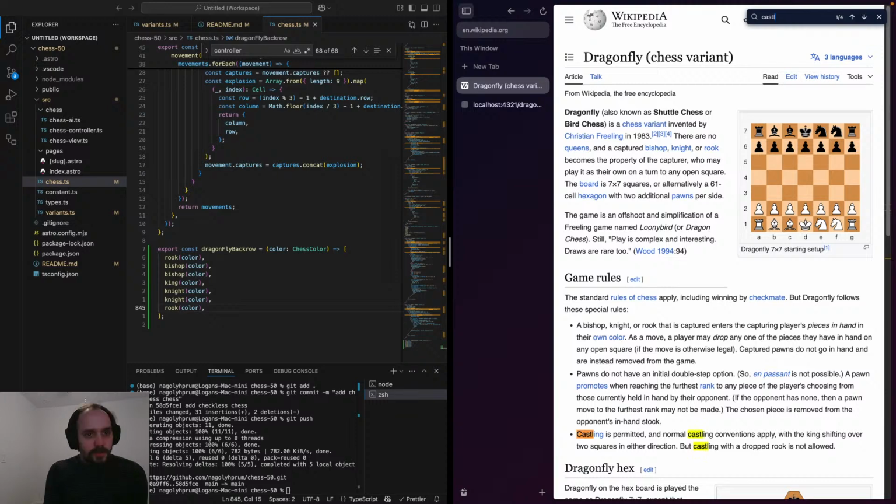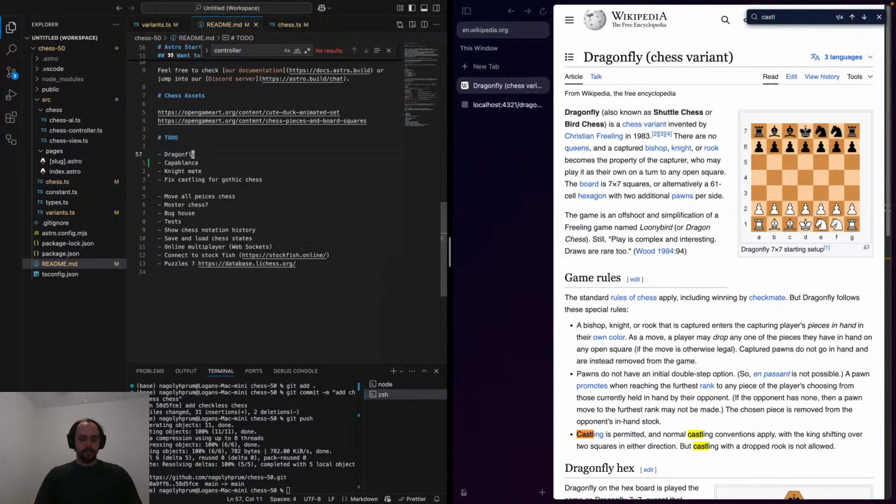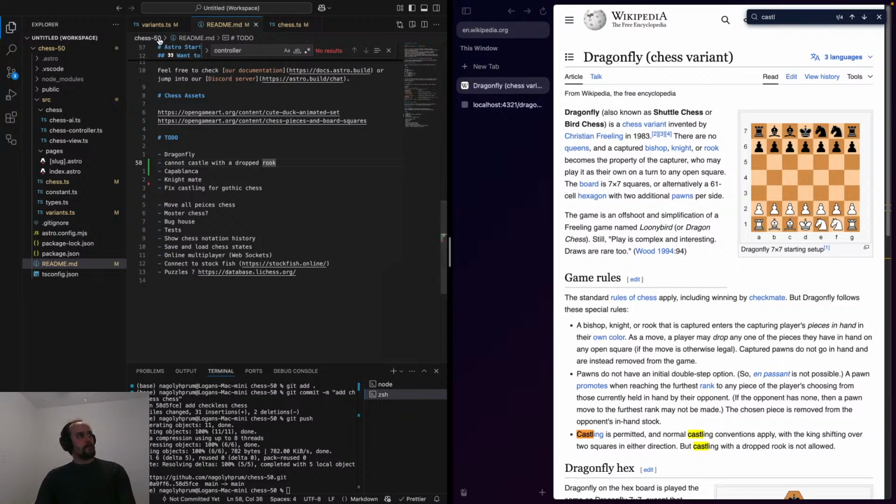Castling is permitted, normal castling conventions apply, the king shifting over 2 in either direction, but castling with a dropped rook is not allowed. Okay, that's important. I'm gonna put that in the readme, just so I don't forget. Cannot castle with a dropped rook. I think the way I'll make that happen is by saying that any piece that you drop will have one